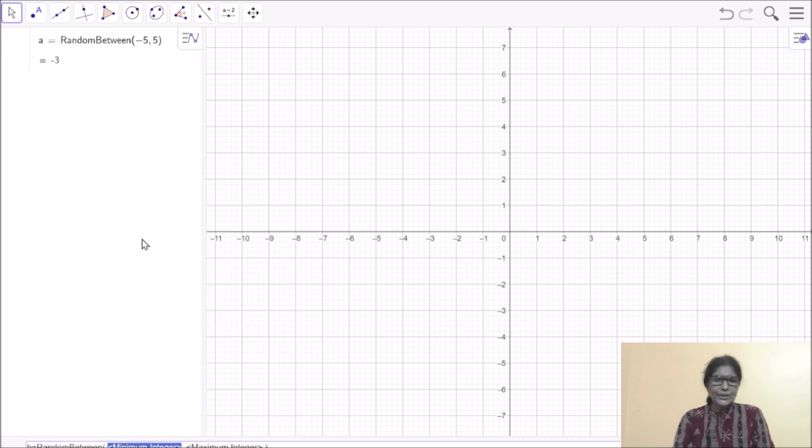I am changing it a little bit, -6 to 5, so that the y coordinate will be different.